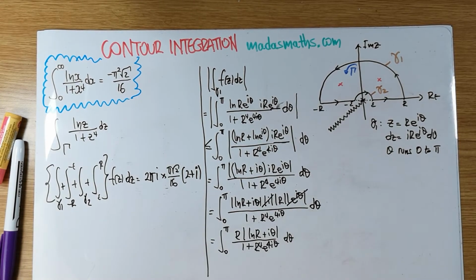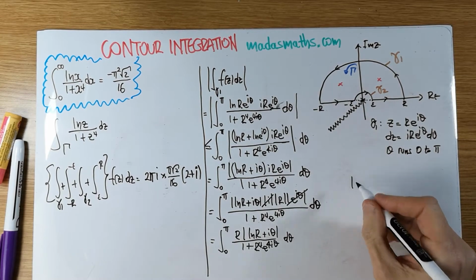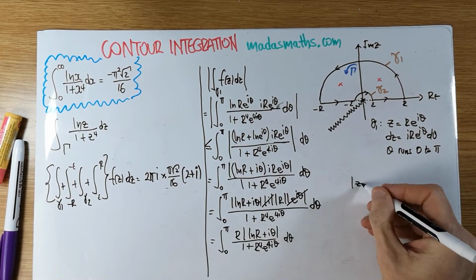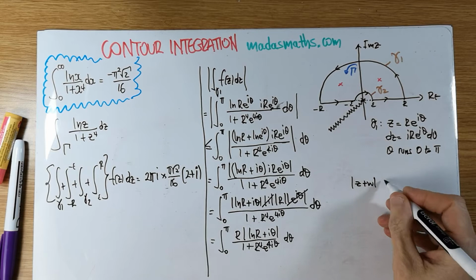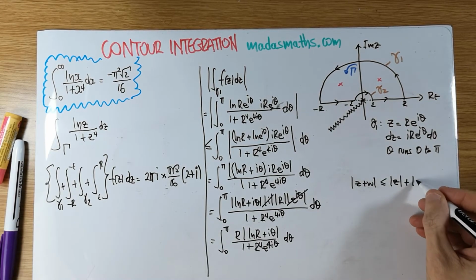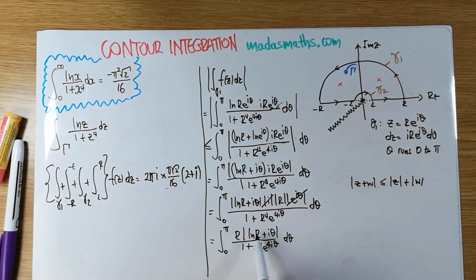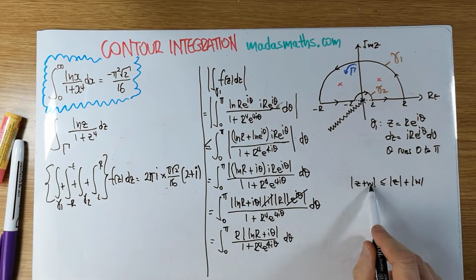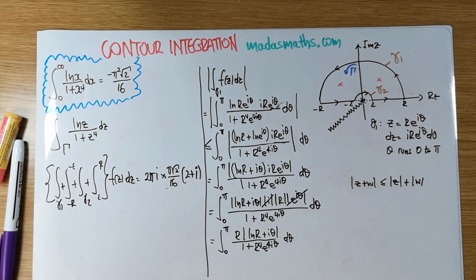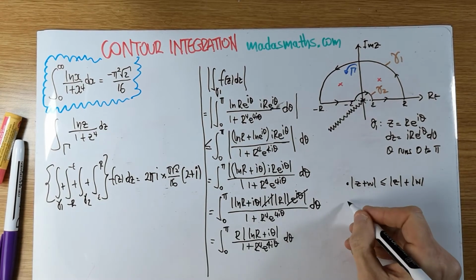And now we're going to use, of course, the triangle inequality for the top. The mod of z plus w is less or equal to the mod of z plus the mod of w, where z is the log of r and w is the i theta, or the other way around, it doesn't really matter. So this will be applied on the top, and on the bottom we